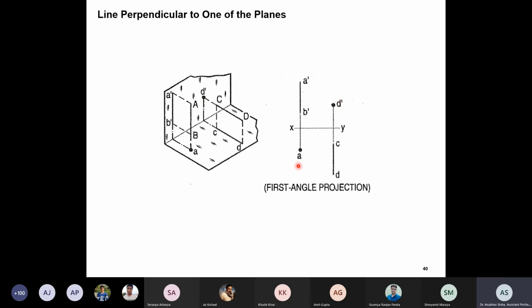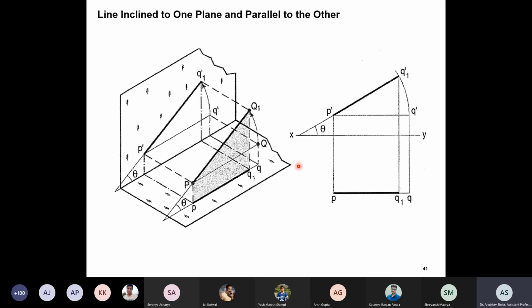Okay, can anyone tell me why I am calling this A and D dash? Why can I not say B here? It is a point, right? When we look from the top, we see point A. Yes, correct. A will coincide with B. So we are looking from the top, so we are writing A. If we are looking from the bottom, we will say B. Right. Fine, we are going on the right track.